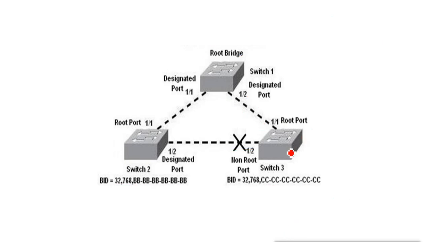So this is the root bridge now, and these other switches, switch 2 and switch 3, are now non-root bridges. Now what will they do? They will find a short way to reach the root bridge so that they can get the information from the root bridge. So how will they do that? They will get the shortest path by the BPDUs sent by the root bridge.